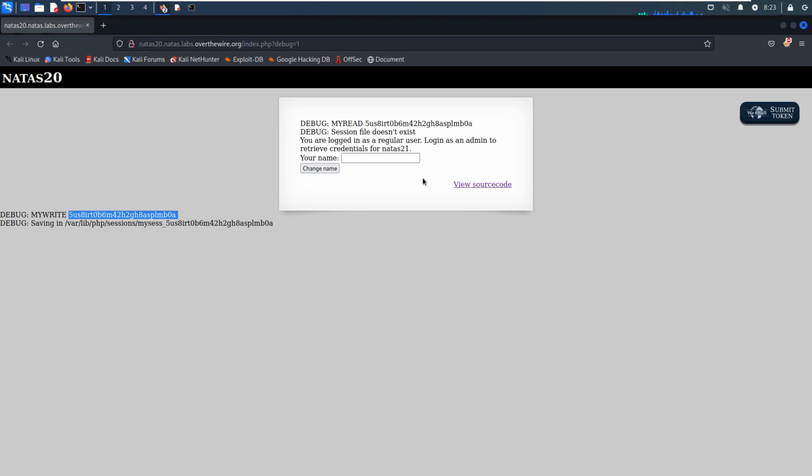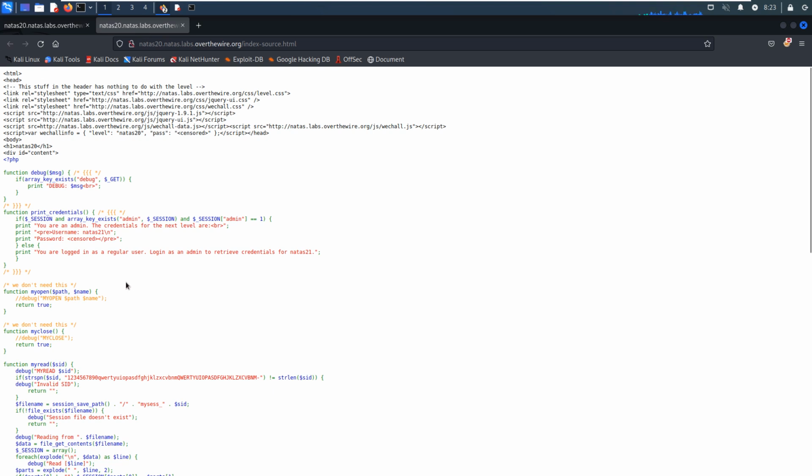So now we go, sorry, I have already closed it up. We can continue. I think the next function is very important. This function will be printing credentials. However, to print the credentials, you need to have the session variable, and the session also has a key.